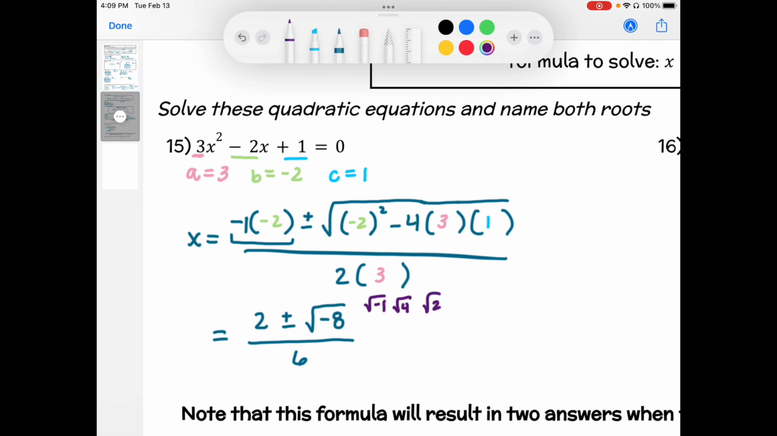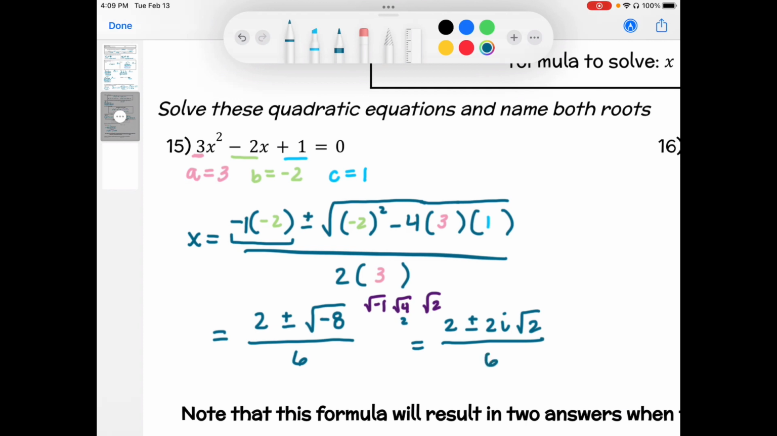Remember that you can also just do the tree where you break it down, whatever works best for you. And then for our final answer, or not our final answer yet, we're going to have 2 plus or minus. The square root of 4 is going to give us 2. Square root of -1 is i, and square root of 2 over,